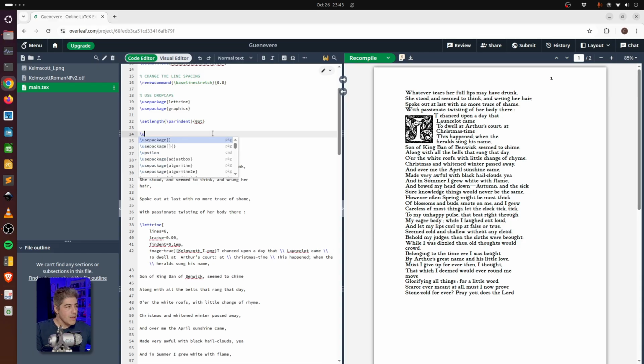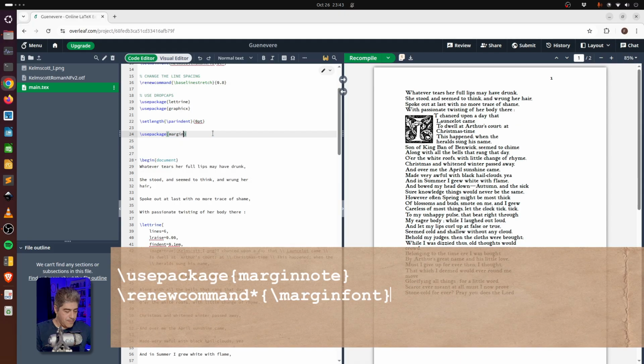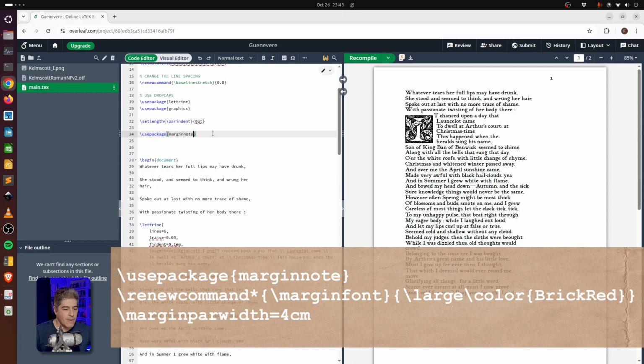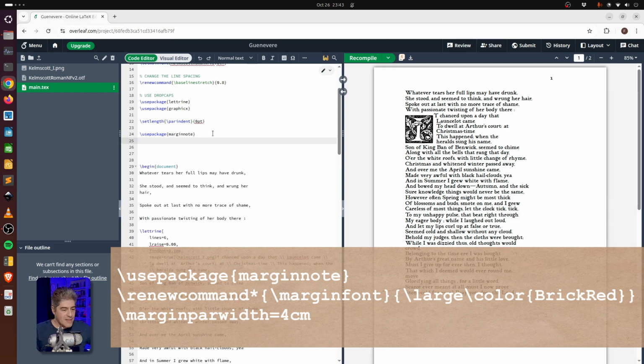So use package margin note, and inside here I'm gonna renew command, and now type a star here, and I'll change the margin font